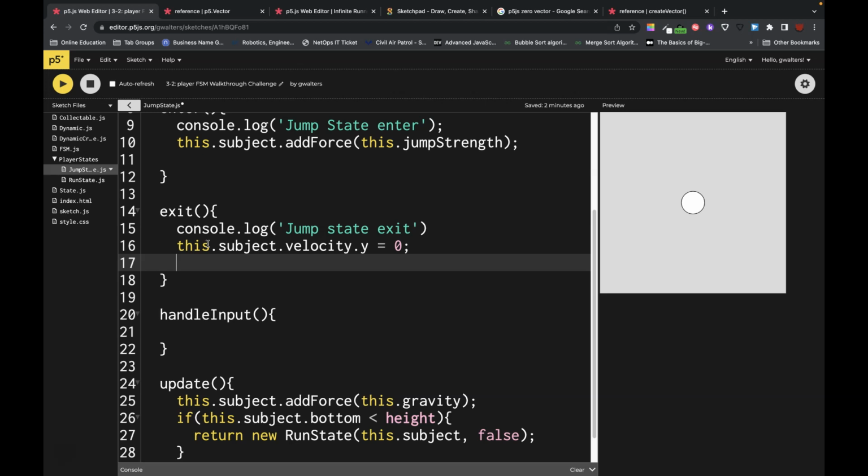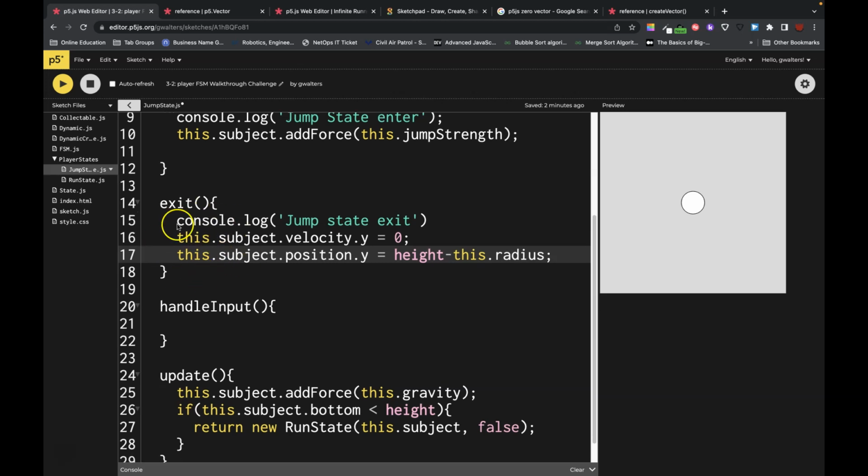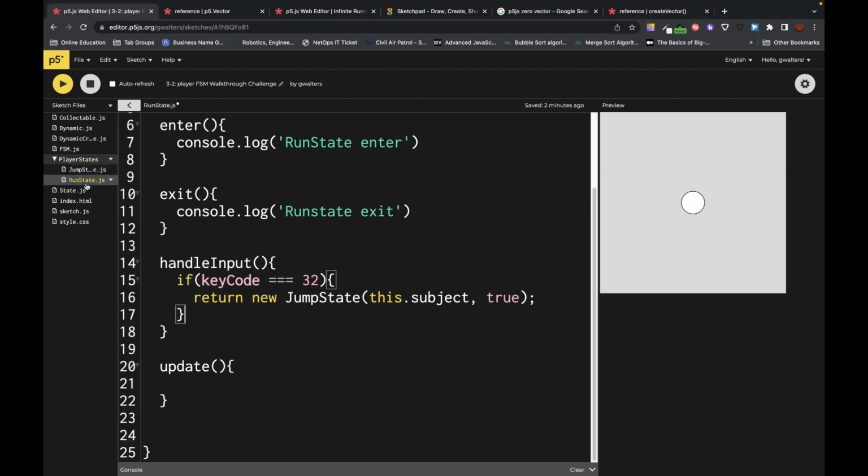the bottom and he's not sinking a little bit. So this.subject.position.y is going to be height minus this.radius. That should give me it. Okay, and then we'll return back to the run state, which the run state we also, because we might be